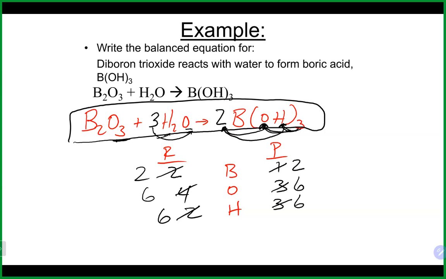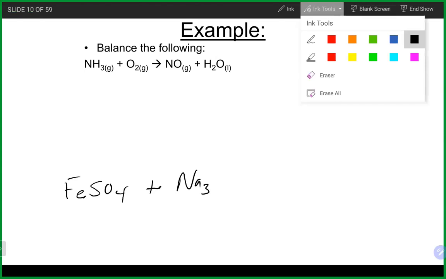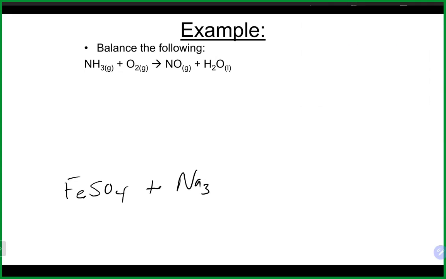All right, then let's take a look at one more here to finish it up. Actually, let's look at 2 more. Let's take a look at both of these here. Let's do this one, FeSO4 plus Na3. Actually, we'll do